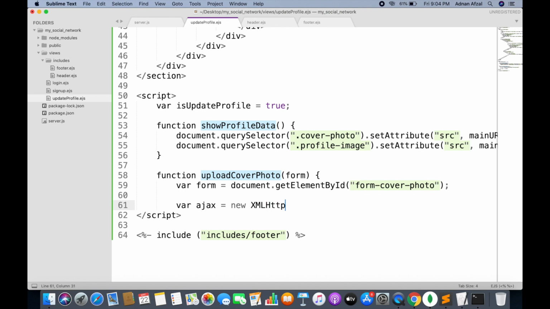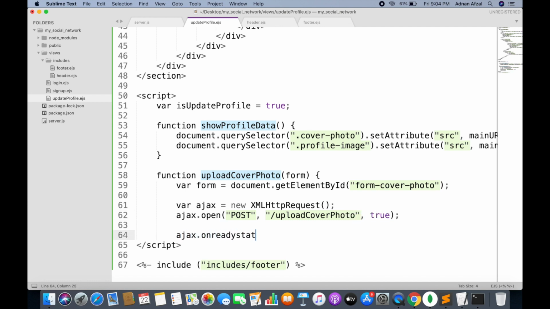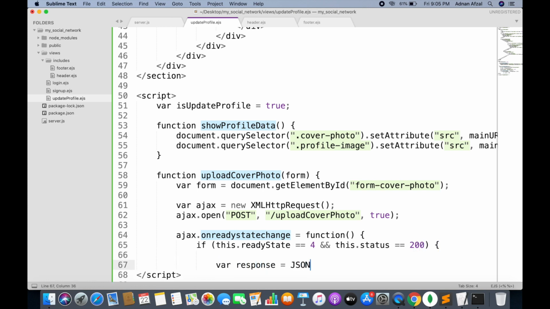We are getting the form object, and we are creating an AJAX object, setting the type to post, and this will be the route. When the response is received from the server, we will simply display the profile image, and display the cover photo in our cover photo tag.